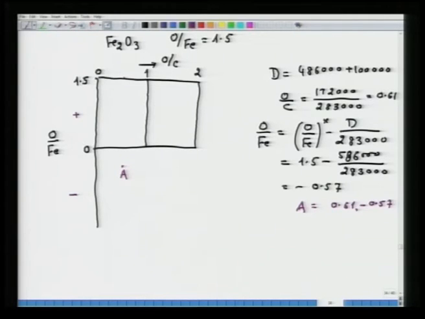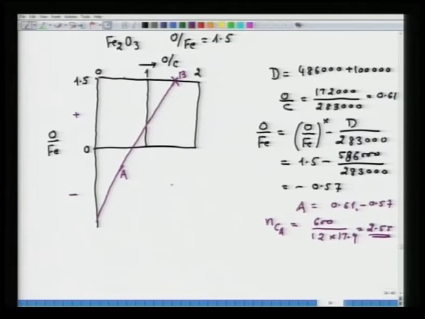So, now what is to be done? We need to know the value of NCA. So, NCA we can calculate, NCA is equal to 600 upon 12 into 17.9, this is equal to 2.55. So, that means the slope of the line passing through the point A should be equal to 2.55 because NCA is the slope of the line.